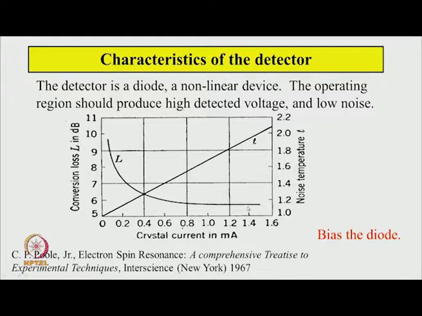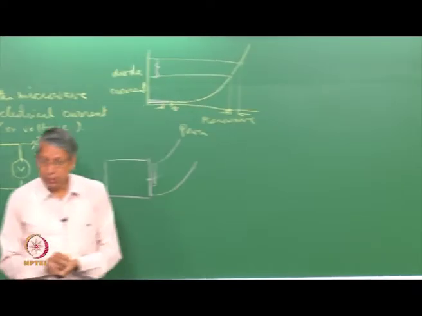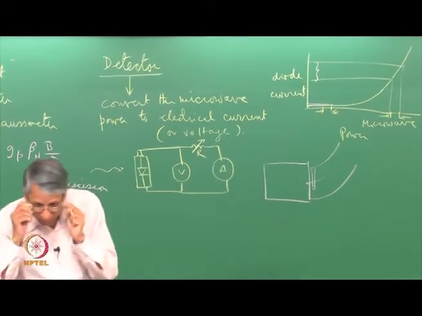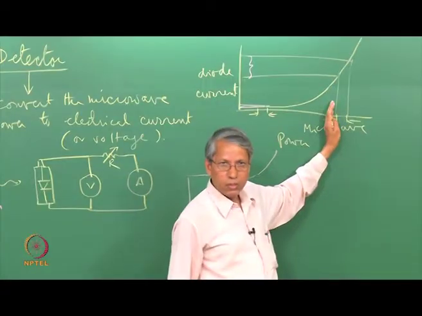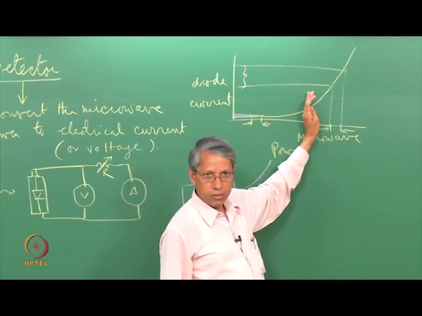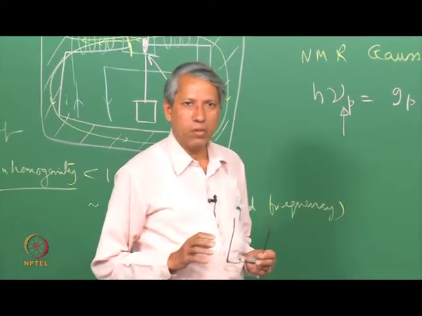That is what I said, that if you keep on increasing here, the efficiency of conversion from microwave power to voltage increases. But at the same time, the noise, which is thermal noise, which is related to some sort of parameter called temperature, that keeps increasing here in the linear direction. So increasing crystal current or increasing bias increases the noise component. So you can't keep on increasing the bias in this fashion here. You have to have a certain compromise. I get an optimum sensitivity and optimum noise. So with this we have covered all the major components of an EPR spectrometer.